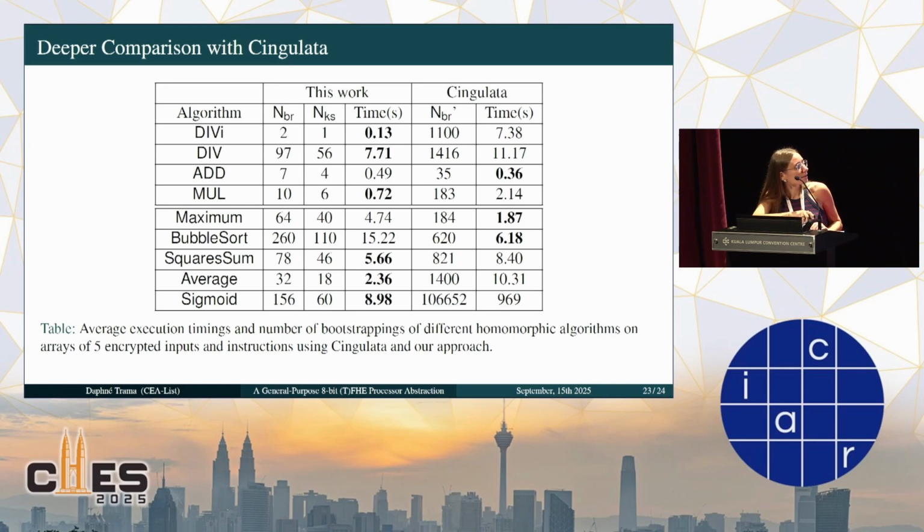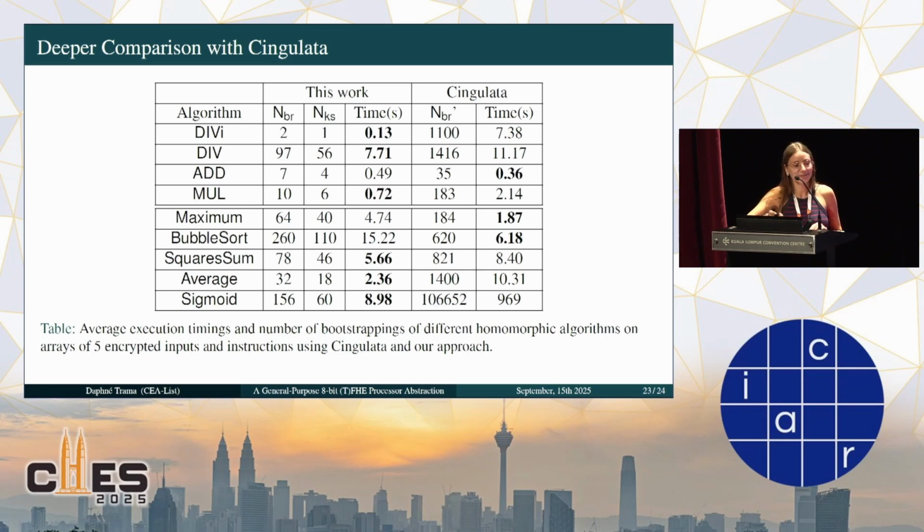And this explains the timings needed for the sigmoid. But our experimental results show that our approach amortizes the higher bootstrapping cost of integer mode and outperforms state-of-the-art compilers on instructions and algorithms that require a large number of